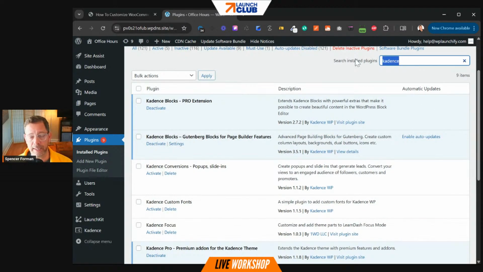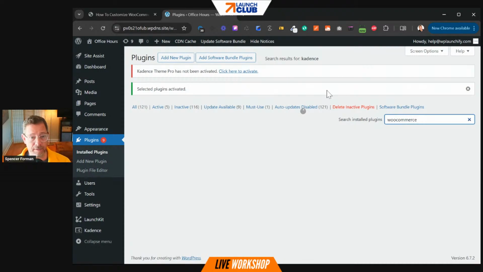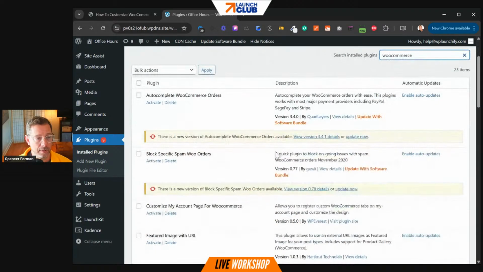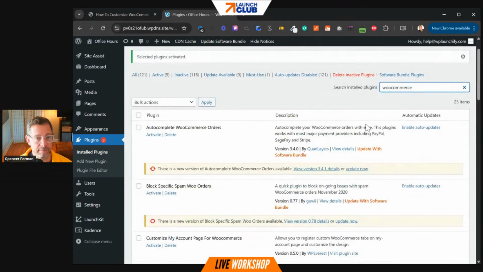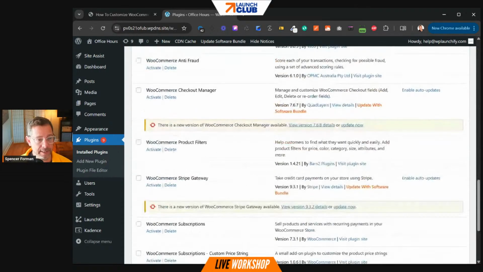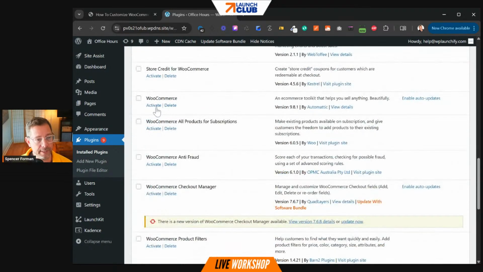So now let's go ahead and do the WooCommerce. We're going to enable WooCommerce itself, which should already be there. Let's see if it didn't. Yeah, let's start with activating WooCommerce first. Now we don't need everything because we're talking about styling, but let's just put in the pieces that we would